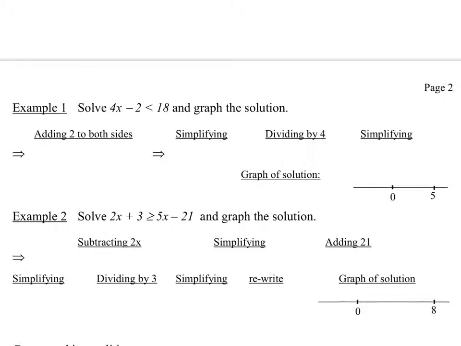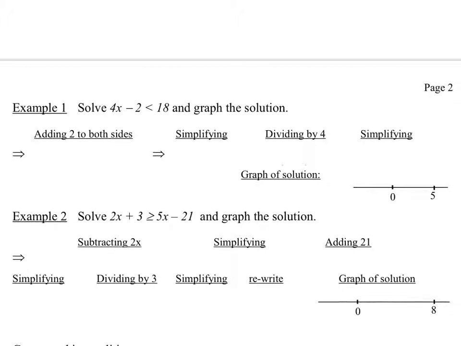Now the two examples at the top of page 2 are examples of linear inequalities, and they're simple linear inequalities. Basically, in these examples, we can treat them exactly the same as we treated equations before. So, to solve this inequality, 4x minus 2 is less than 18, what we've got to do, first of all, as if we had an equation, we've got to add 2 to